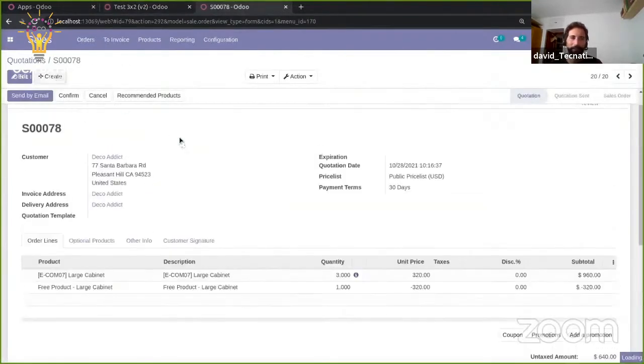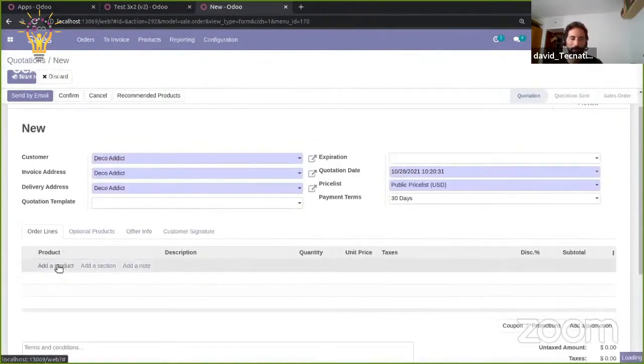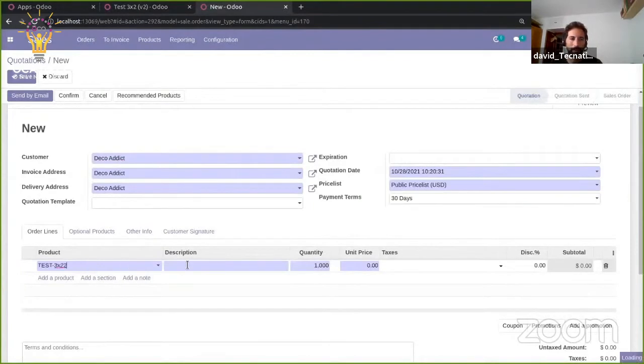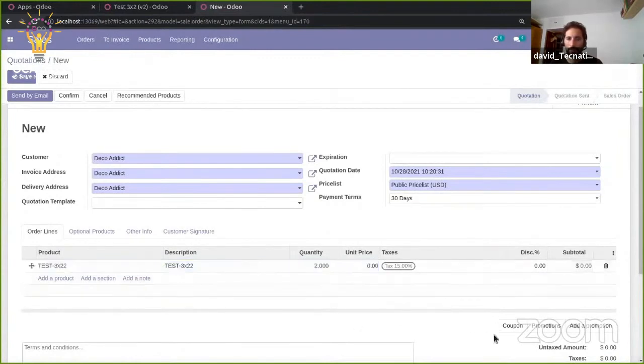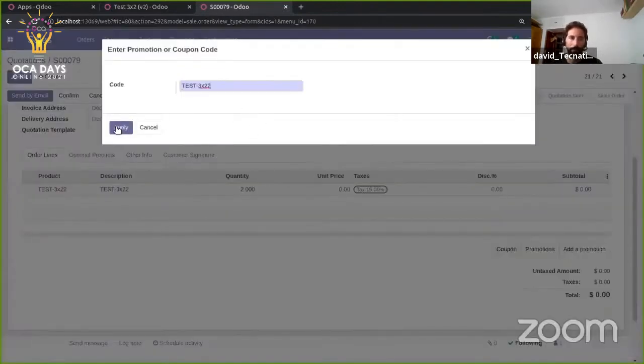And if I create a new coupon, I can choose this customer, and my units have to be 2. Save. And when I redeem my code,